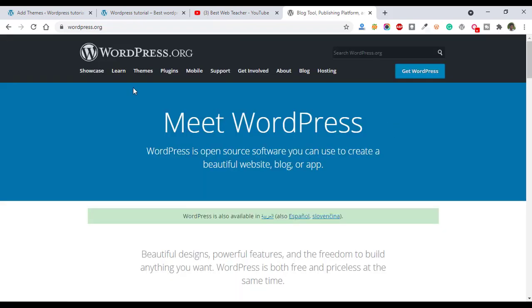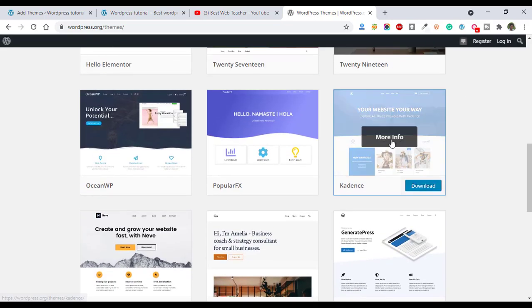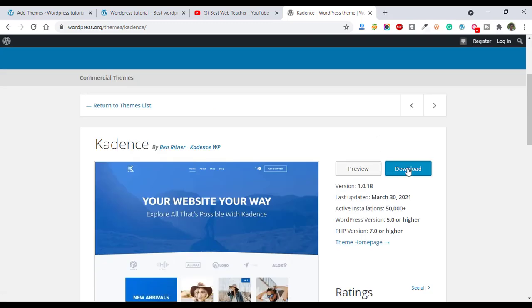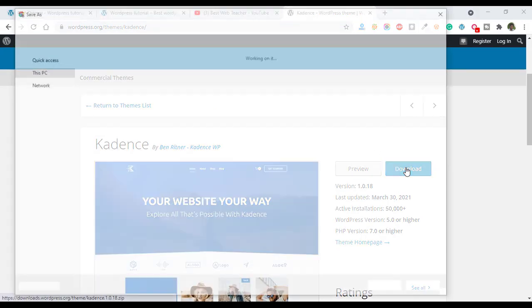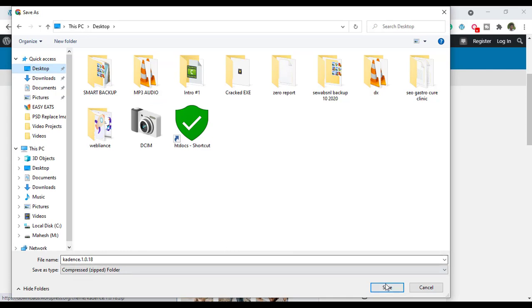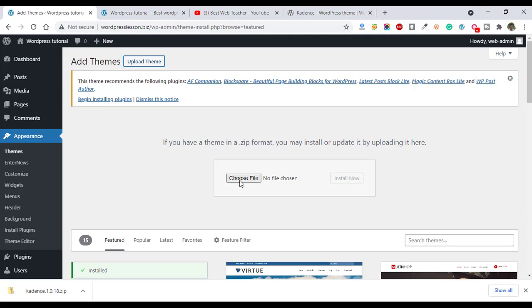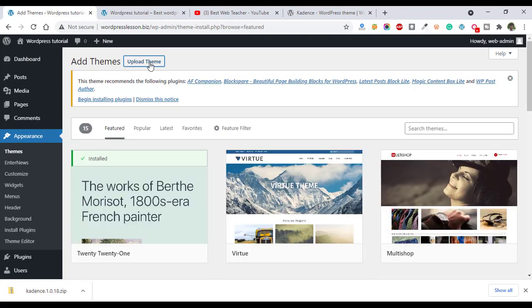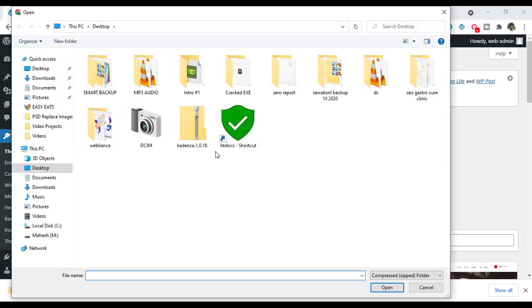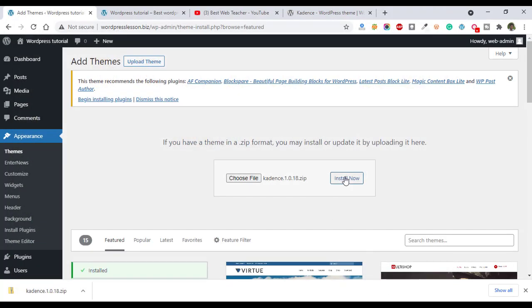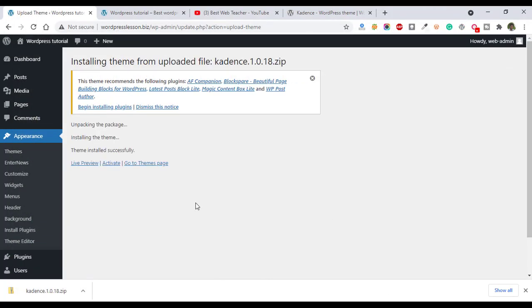And the second method is to go to wordpress.org. If we like these themes, just click on the theme and click on download and save it. After that, go to your WordPress dashboard and click on upload theme, then choose files. Just now we downloaded this theme. Click on it and click on open and click on install. So it's installed successfully. Then click on activate,